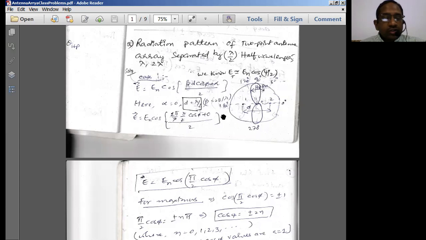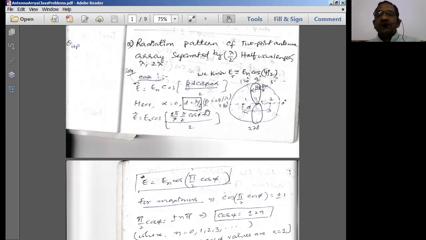As I was telling you, it is going to be pretty simple. Why is it pretty simple? You should know the basic equation of the electric field from the derivation part. Even if you don't know the derivation of this particular electric field at a far point P, you should know the final equation of the electric field at a far point P, and you should know the expression for the total phase difference psi. Once you know these two, your part is done. Then next is simply a mechanical process.